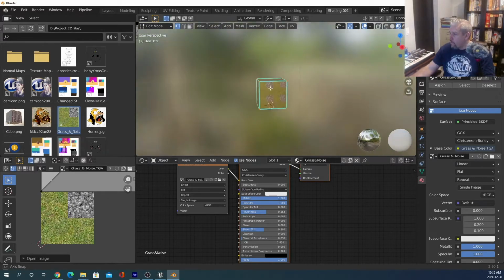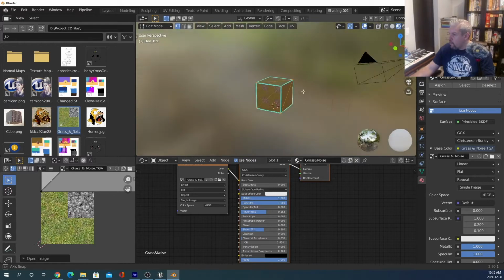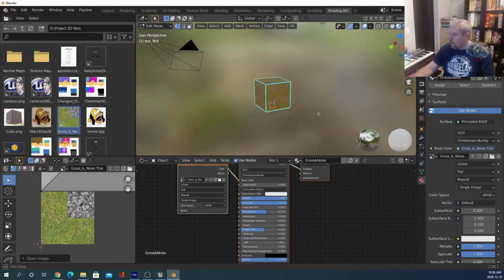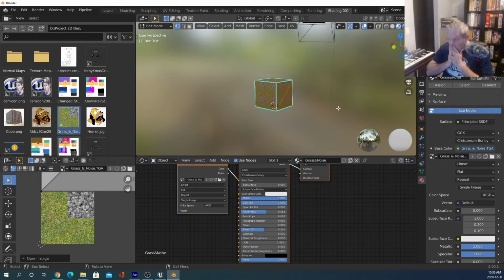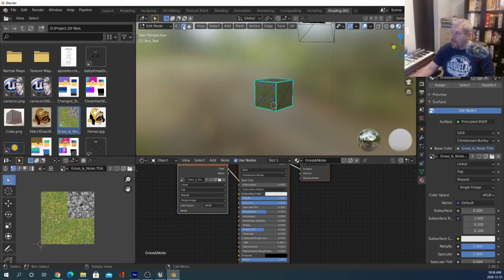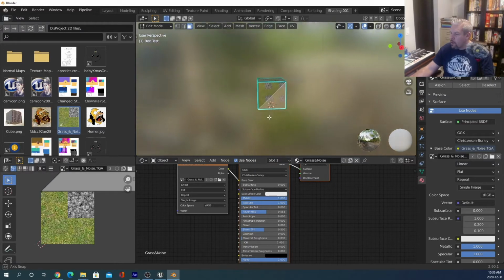And you can sort of navigate around your cube and look at that and see, okay, yeah, that's the file we created and it's projecting on there. But that's not how we want that to work. So the next thing I'll show you is up in the top here, next to edit mode, you've got these 3 little icons. The first one is for selecting vertices, and then you can select individual little vertices on your 3D object. The next one is for selecting edges. So if I click that one, I can now select full edges along my object. And the third one is faces, and that allows me to select the different faces of my objects, which are